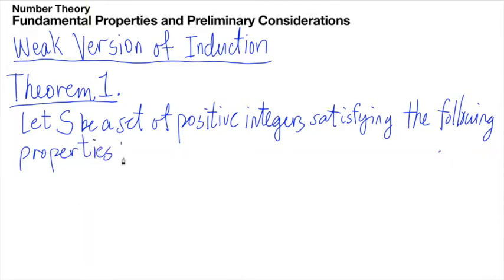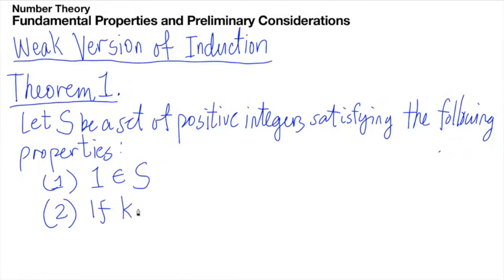First of them is property 1: 1 is in S. So the integer 1 is in S. Property 2 says that if k is an arbitrary positive integer